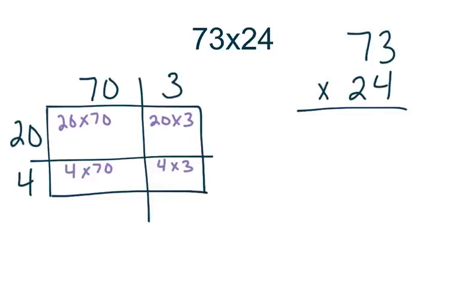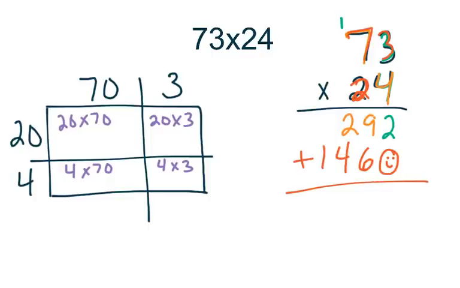We're going to go ahead and get started with regrouping to check our work. So I'm going to start with my ones place. 4 times 3 gives me 12. I put my 2 and carry my tens place. Then I'm going to multiply my ones place times my tens place. 4 times 7 is 28, plus 1 more is 29. Then I'm going to go ahead and move on to my tens place. So I start with my placeholder. I'm going to multiply 2 times 3, and that's going to give me 6. Then 2 times 7 gives me 14. I'm going to add those two pieces together, and I end up with a product of